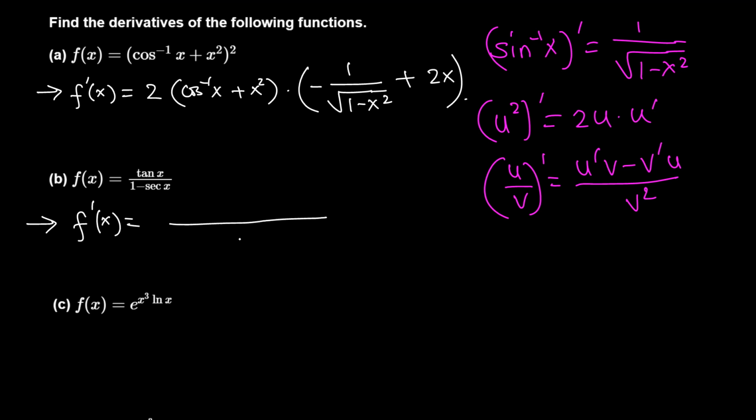On the bottom, square, 1 minus secant x quantity squared, it's like v squared. On the top, the derivative of tangent, and we know that the derivative of tangent is secant squared x, that's the u prime, times v, the bottom, 1 minus secant x. Okay, minus, that's coming from the formula, minus the v prime, the derivative of the bottom, and the derivative of 1 is 0,